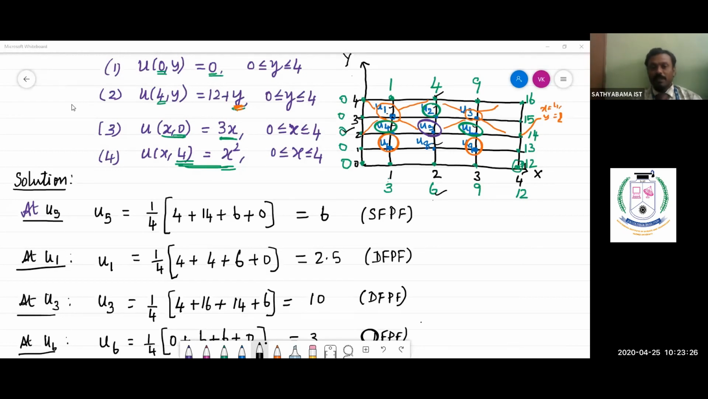Standard 5-point formula for U1, U2, U3, U4, U5, and we get the solution. After 3 iterations, we get U1 is equal to 2.37, U2 is equal to 5.59,